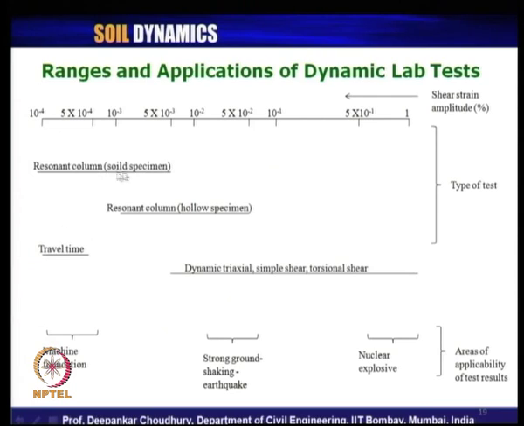But resonant column of solid specimen, if you use that value for earthquake analysis, again it will give a wrong design procedure. Your input value will be wrong, then obviously your further calculations will not be correct. As well as if you use the piezoelectric bender element values or any travel time values, where you have computed the value of Vs, which is the case for the SASW test also, which estimates Gmax only. So, using that for earthquake analysis is most of the time questionable.